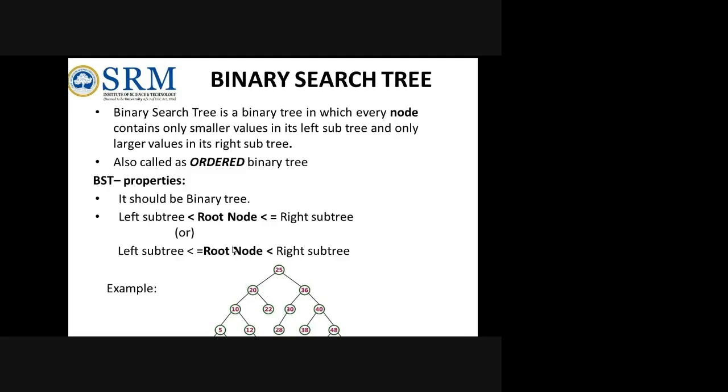Then if you want to insert the next node, it will ask where you have to insert. You will tell it R, so it will go and get inserted on the right side of the root. Likewise, it keeps on asking where you have to insert the next node. So each time you will be providing left or right for a normal binary tree.